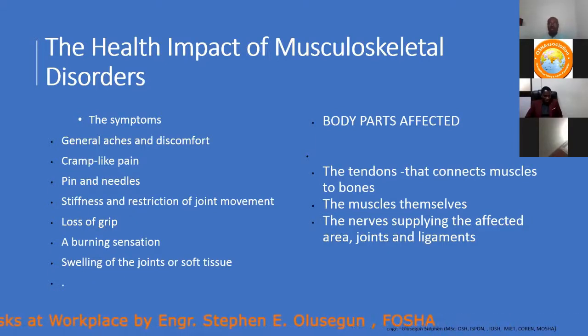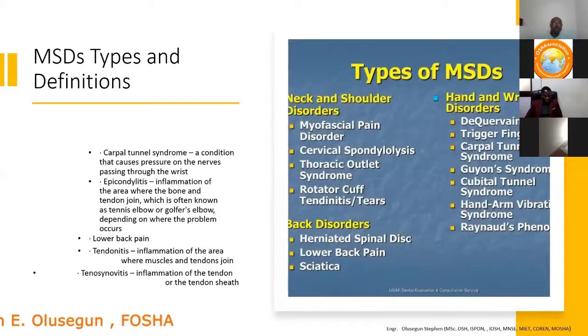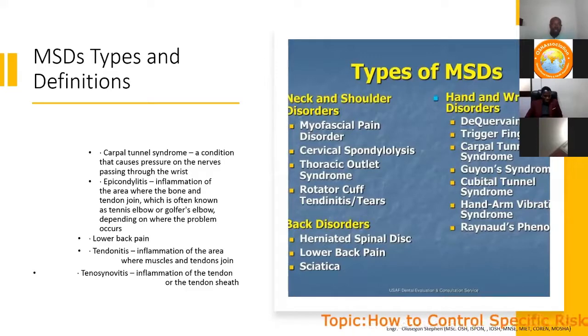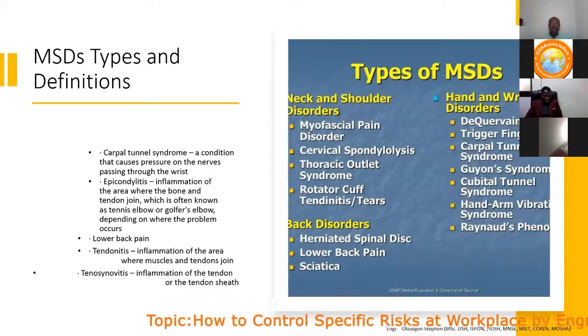So tendons, the muscles, and the nerves can be affected, and the ligament can be affected. An MSD example is carpal tunnel syndrome, a condition that causes pressure on the nerves passing through the wrist. And then you can see the effect could be very damaging, causing quite a lot of